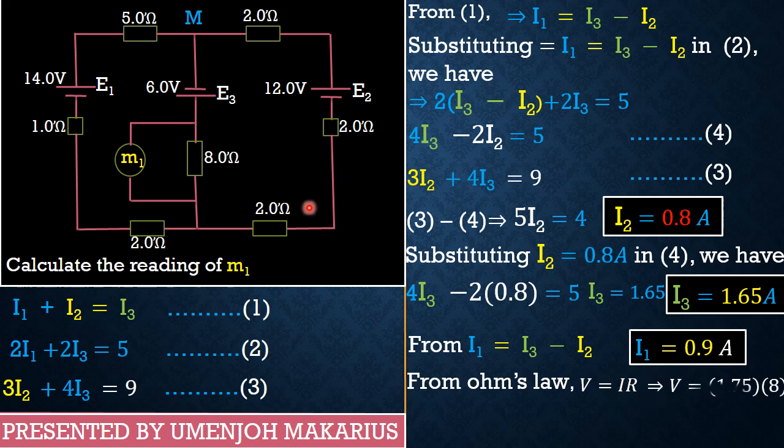That therefore implies our V becomes the current that is flowing through our 8 ohm resistor, which has to be